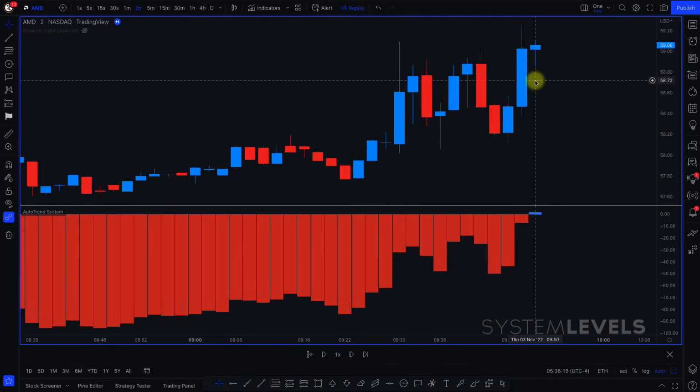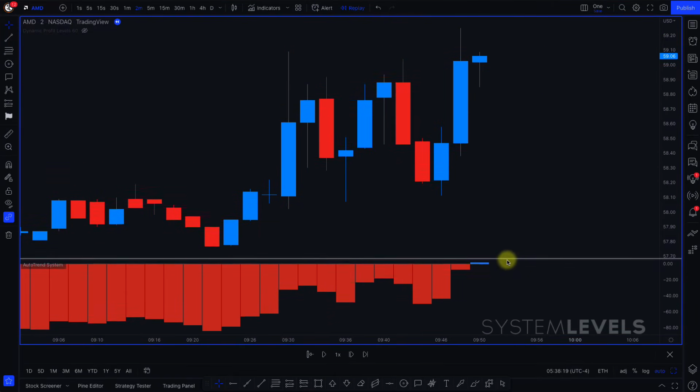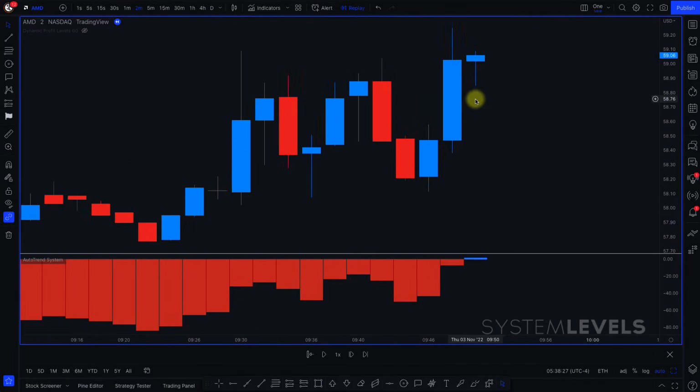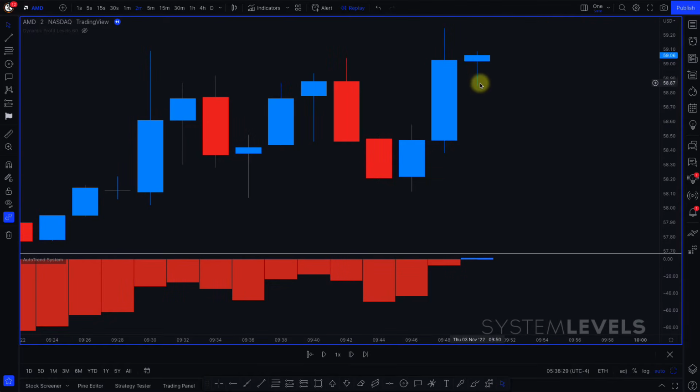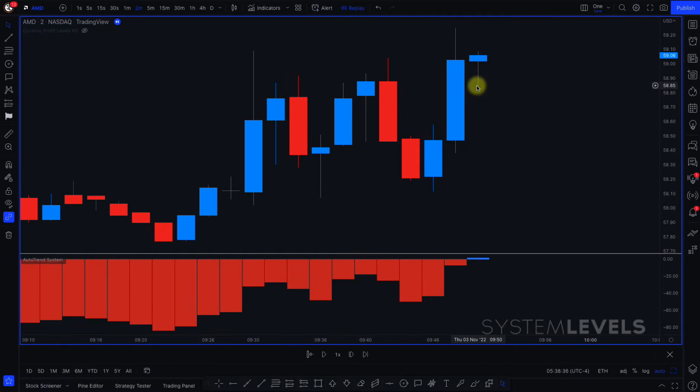Since this is our signal bar, let's zoom in right here so you can really see it. So this is the signal bar, right? This is the high of the bar, and this is the low of this signal bar. The high and the low is here, right? For us to have an entry, right now we have a signal, but for us to have a trade entry for a long, since this is a long signal, we need to see the next bar,